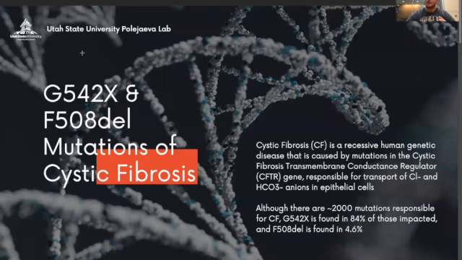One such disease is cystic fibrosis, which is characterized by mutations in the CFTR gene, or the cystic fibrosis transmembrane conductance regulator gene. And when there's issues in this gene, it causes extreme thickening of mucus all along the lungs and intestines. Although there are many mutations responsible for this, we found that G542X and F508del mutations are the most common in